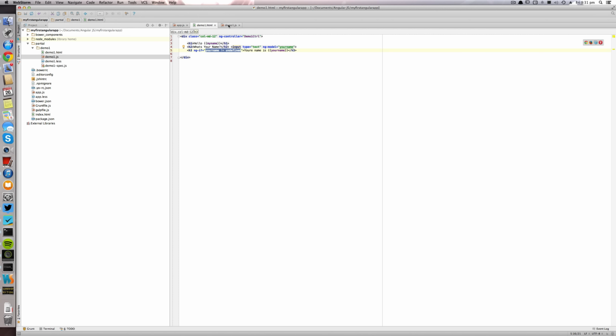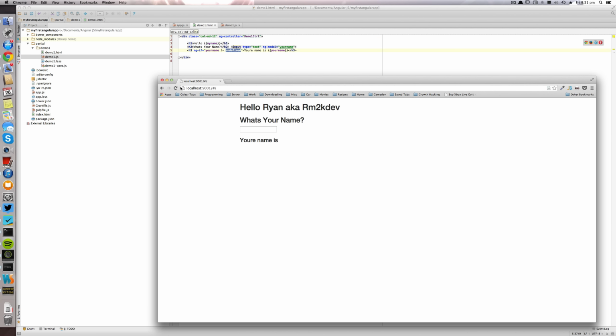If your name is undefined, which it is by default, because I've said it's undefined, until you change it, it's going to stay undefined. So if I refresh the page, you'll notice that that H3 tag doesn't appear on our page. And then as I start typing, I'm going to be changing that variable to a point that now it is defined with whatever the contents of this text box is, and that H3 tag should just magically appear. Your name is hello. Magic, see? And that's some really basic AngularJS tags, but